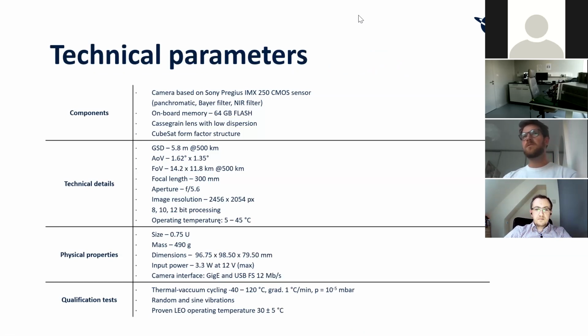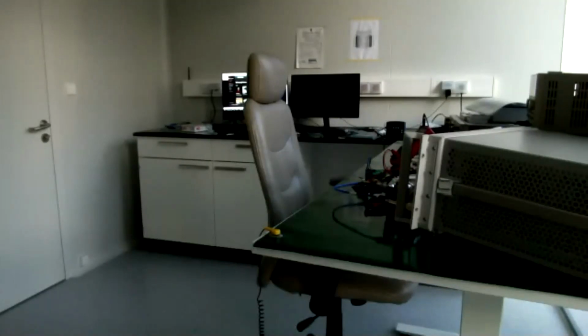An overview of the technical parameters of the whole payload, Vision 300. So what's in there? What does Vision 300 consist of? First of all,